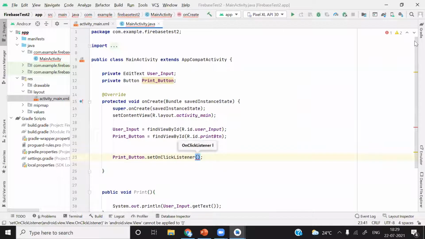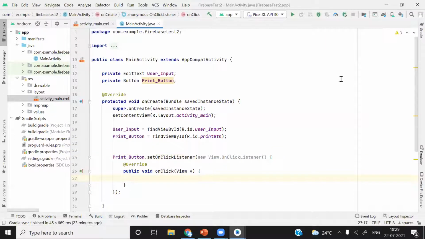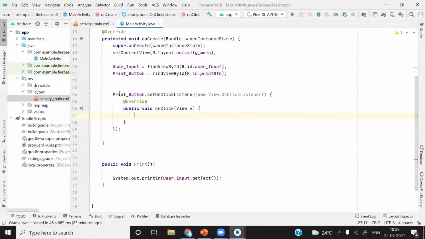and in this you have to type new and hit enter again. You can see this View dot underscore View dot OnClickListener. Just hit enter. You'll see that whenever we press this print button, this function will run.